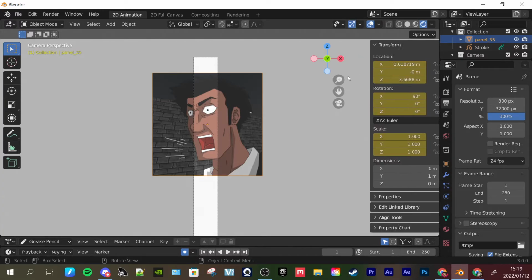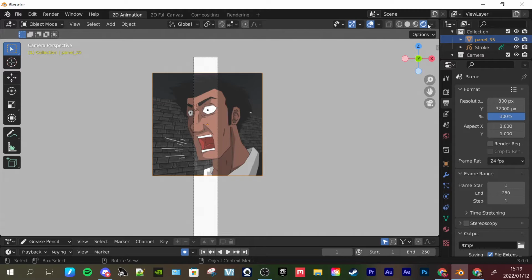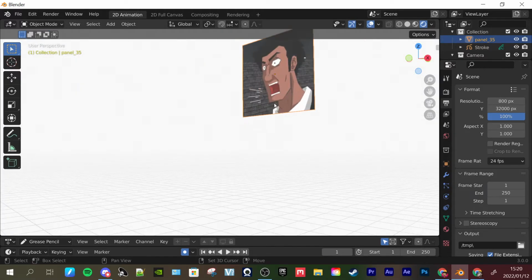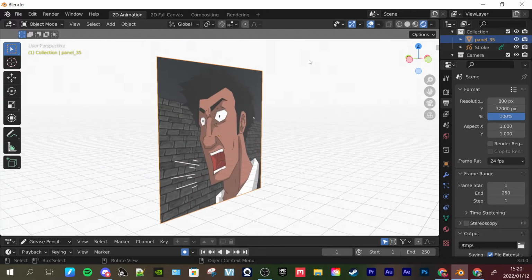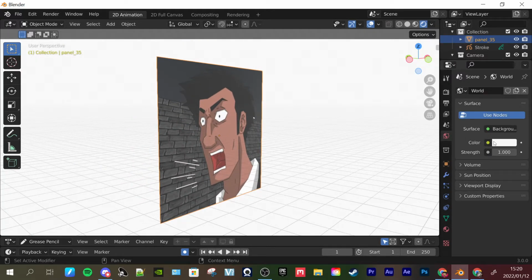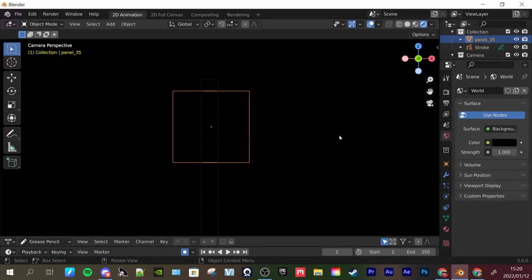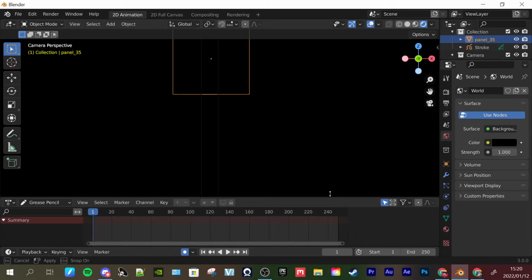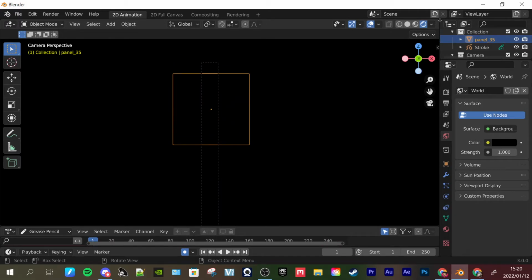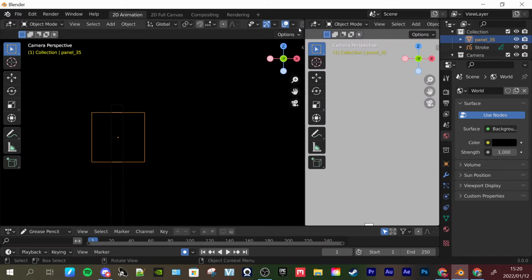Now obviously I render with a dark gutter space, and this is a problem I ran into because this panel over here is obviously going to be reacting to the light around it. Now as you can see here, if it goes to black, you're not going to see anything. Now the best way to get around this for each panel is